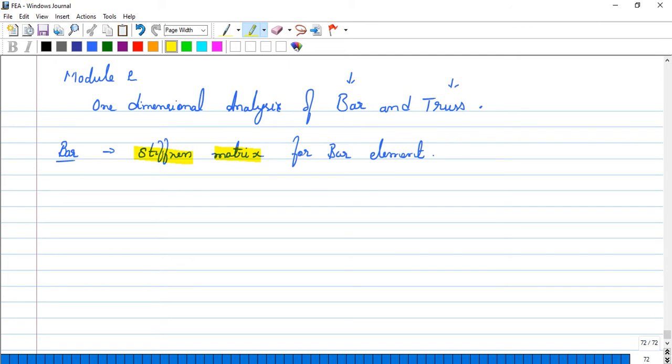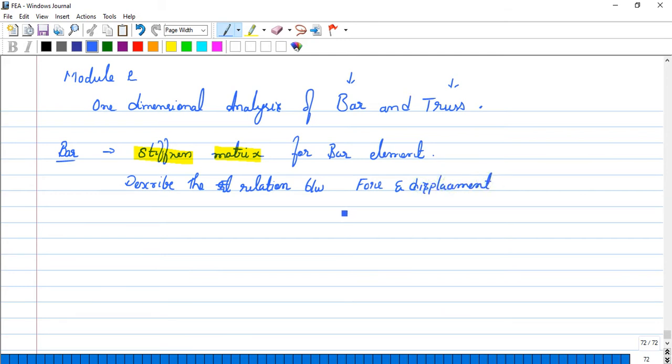Here we use this particular term, stiffness matrix, in order to describe the relationship between force and displacement,